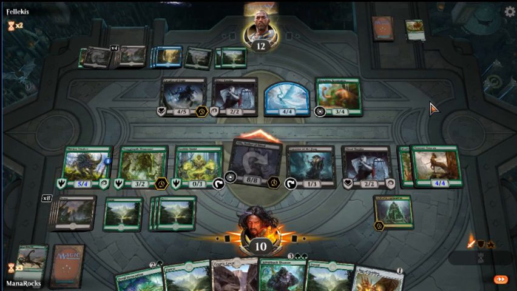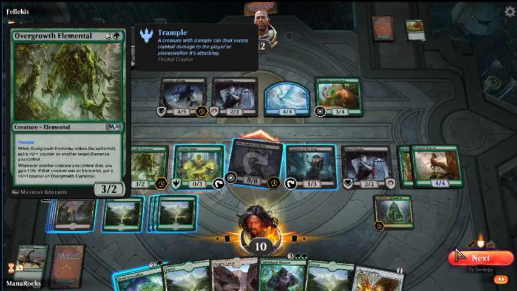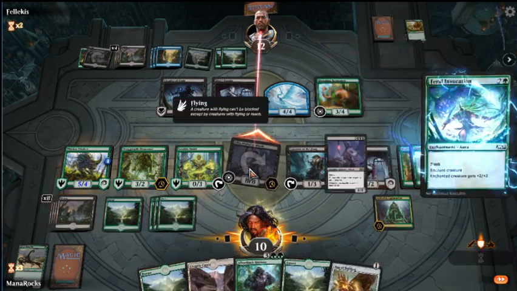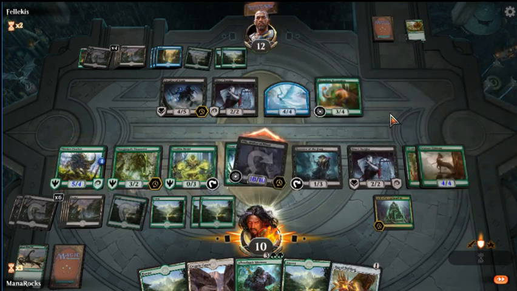But they didn't attack, so I assume they want to go for a block here. Whenever another creature you control dies, you gain a life. That creature's an elemental. No blocks. Yeah, I'm going to go for it. I don't think they can kill Villas. They haven't interacted with it in the last couple turns anyway, so...